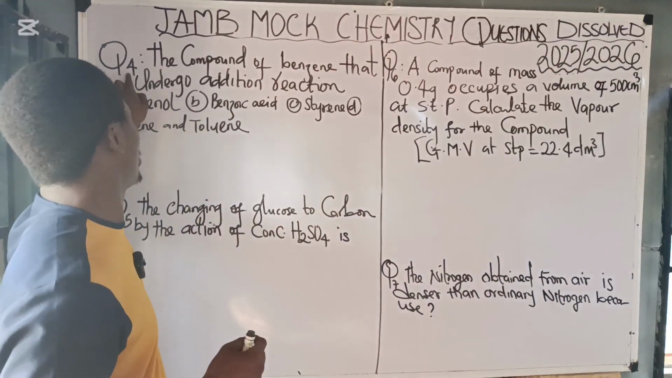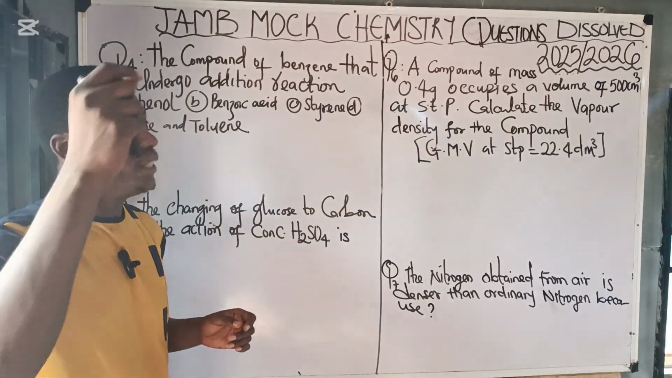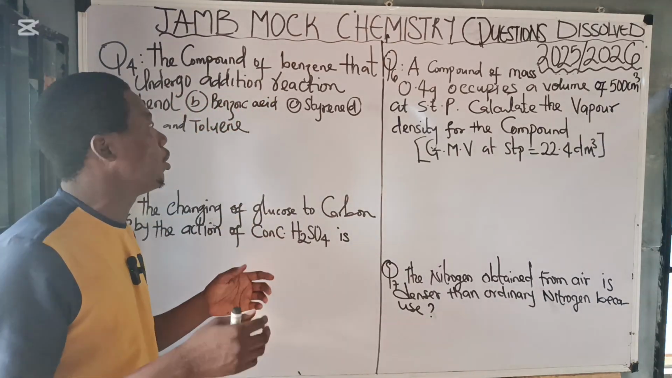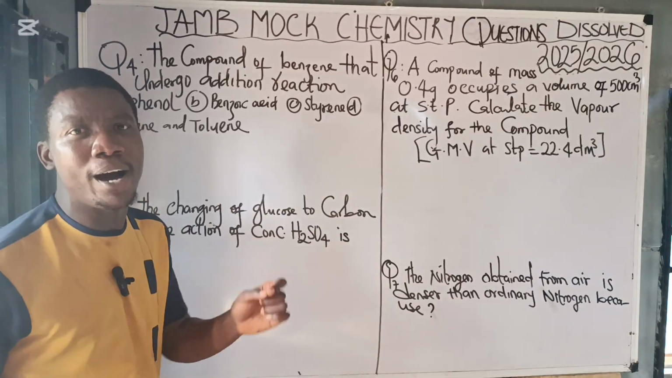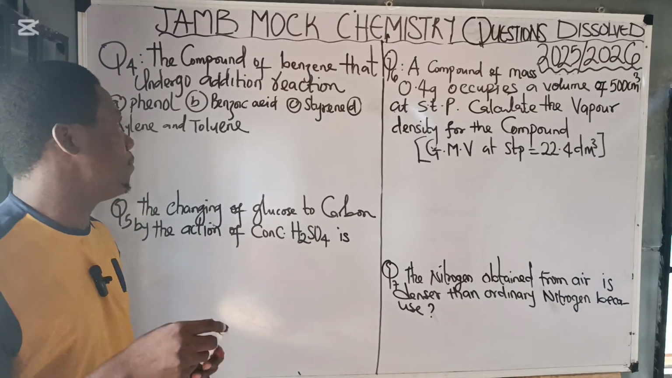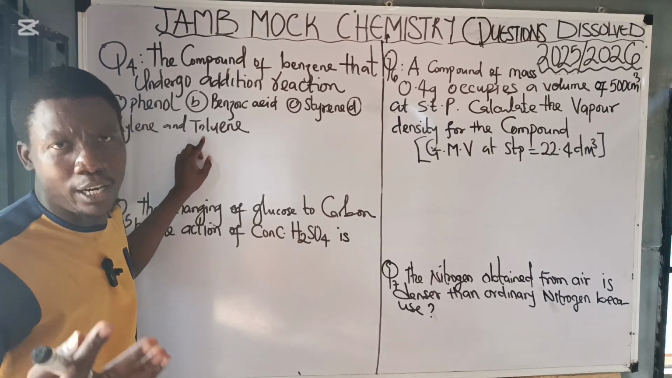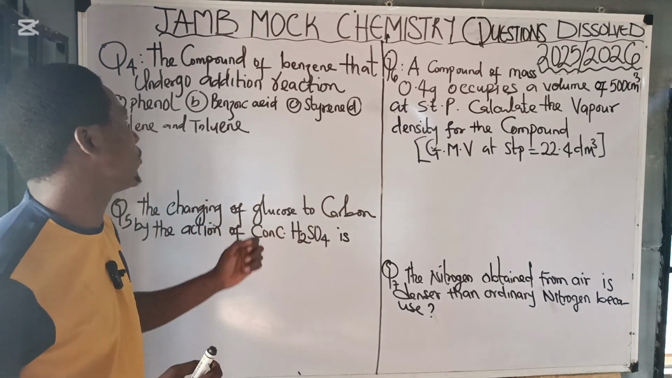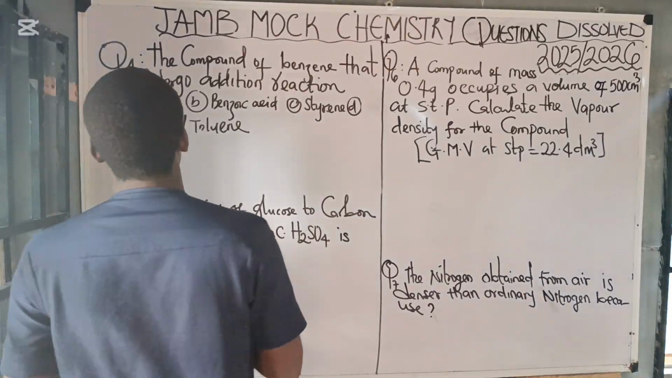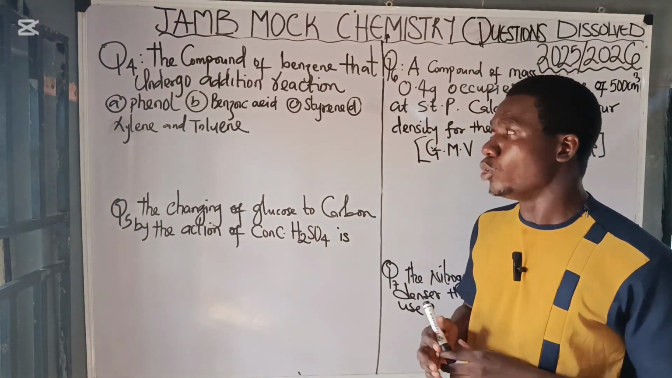Now let's take question number 4 on the JAMB chemistry question 2025/2026. Take a look at this question, class. The compound of benzene that undergoes addition reaction is what? Which compound of benzene will undergo an addition reaction? Now, do you remember that benzene is a member of the aromatic hydrocarbons? Now, compounds of benzene are referred to as derivatives of benzene. According to this question, it asks which compound of benzene undergoes addition reaction. You must understand that